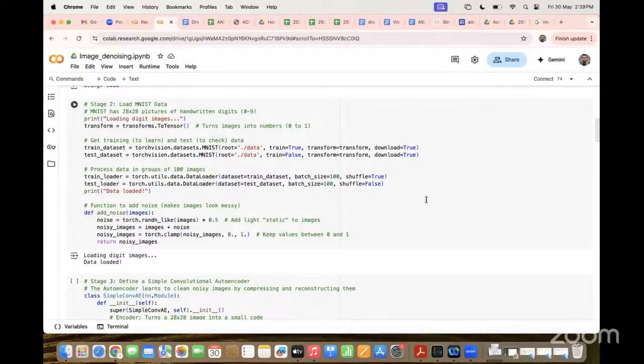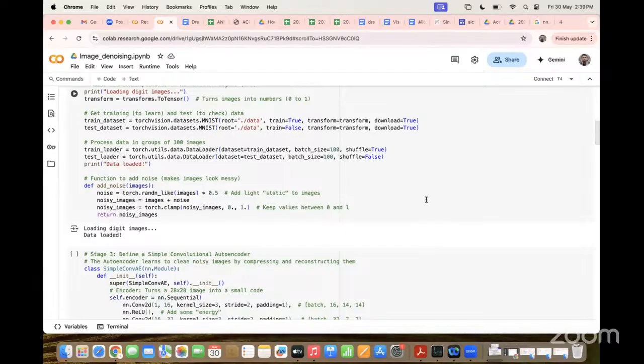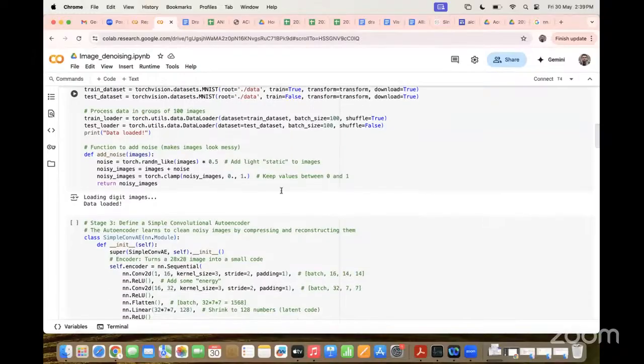This is the standard 28 by 28 images of handwritten digits from 0 to 9. After loading and putting them in groups of 100 images, we can add noise. You can see there is a function to add the noise.